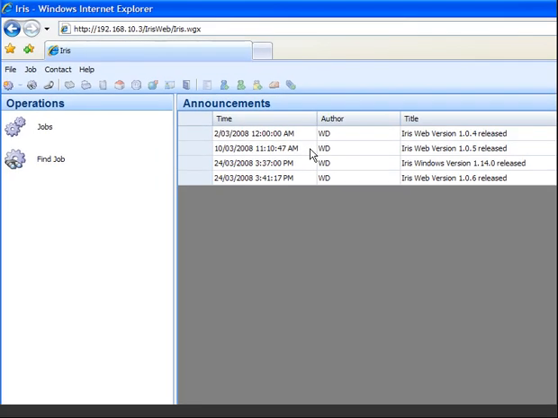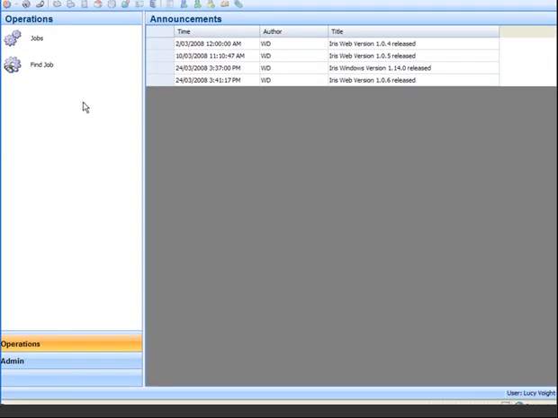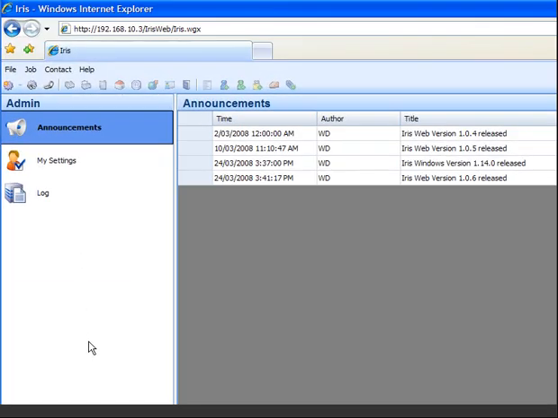Now, on the left side of the Iris Web window are a series of Outlook style tabs, and there's a section for operations and a section for admin. These sections are specific to logging in as a client contact. If you log in as a different type of user within the system, you'll get different tabs and different application options. The various roles in the Iris system include